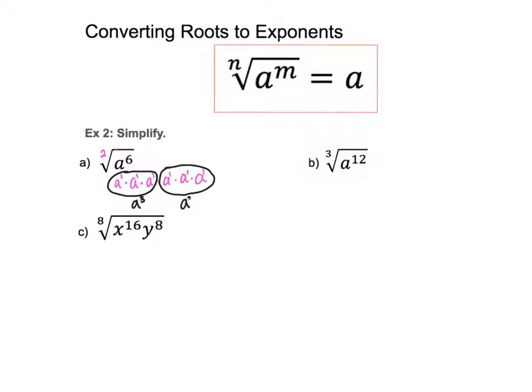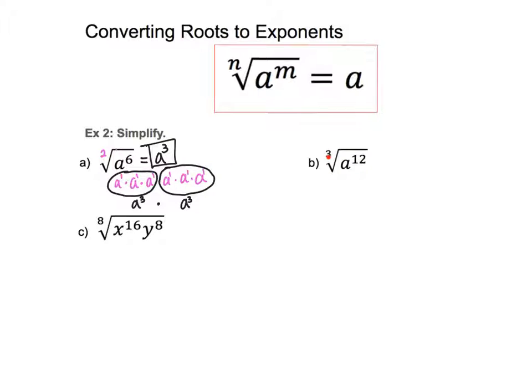This one's also A to the 3rd power. And if I multiply these two, I get A to the 6th power. So in this case, the square root of A to the 6th is A to the 3rd power. And that is the square root. So I'm done. We're going to do the same type of technique with part B, and it is